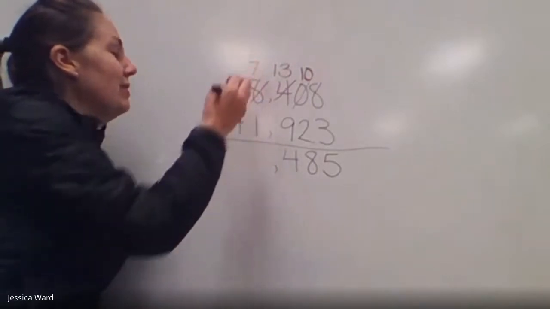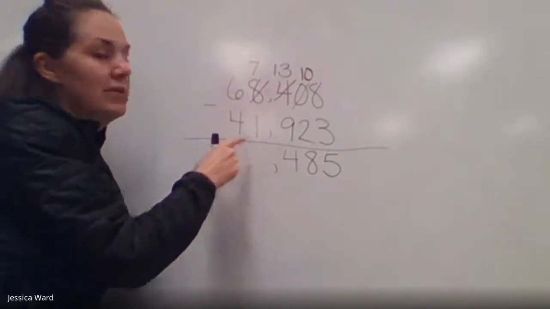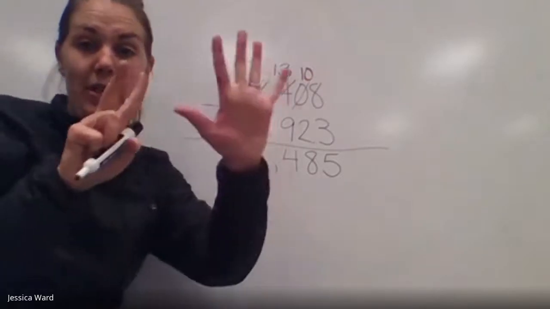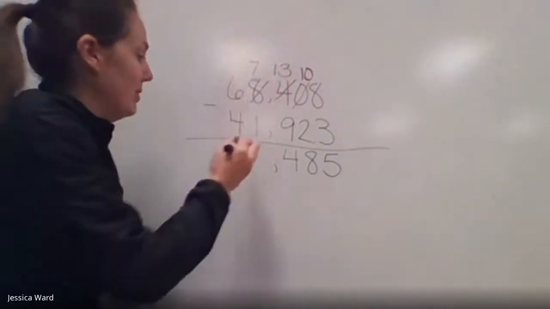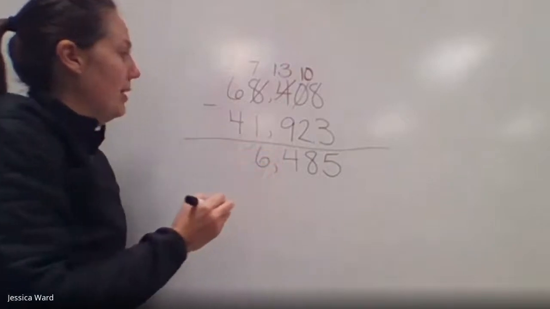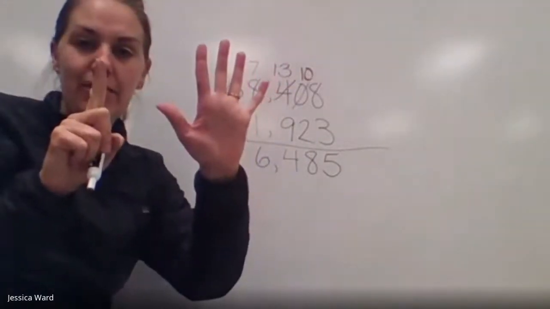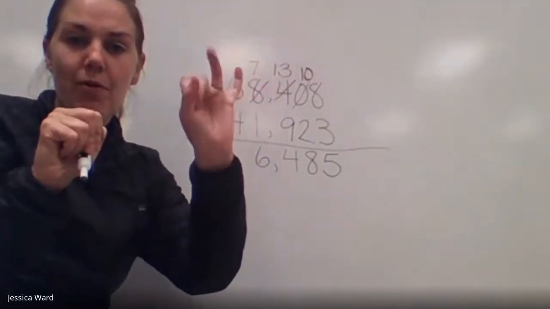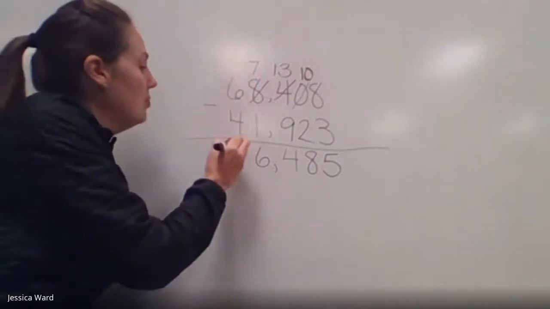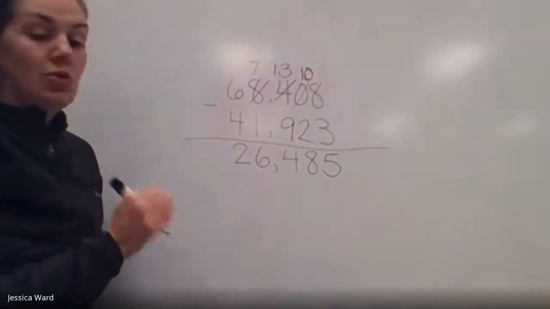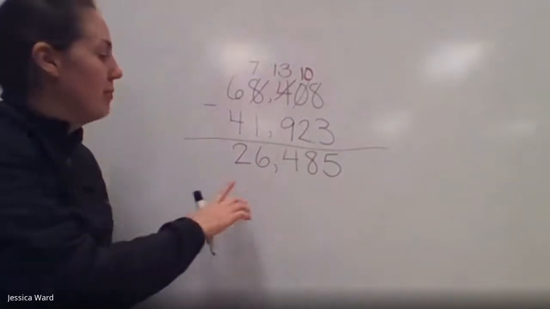I have 7,000, take away 1,000. I can do that. I have 7, I take 1 away, I'm left with 6. And I have 6, and I want to take 4 away. 1, 2, 3, 4. That's going to leave me with 2. So my answer for my subtraction problem would be